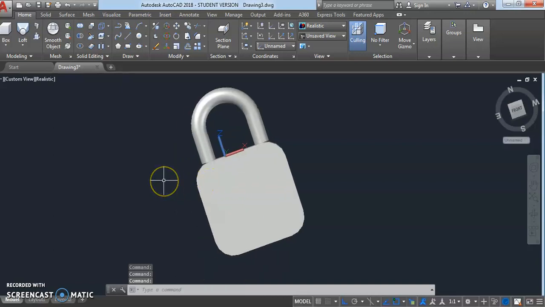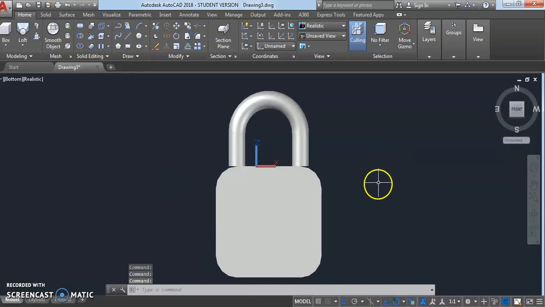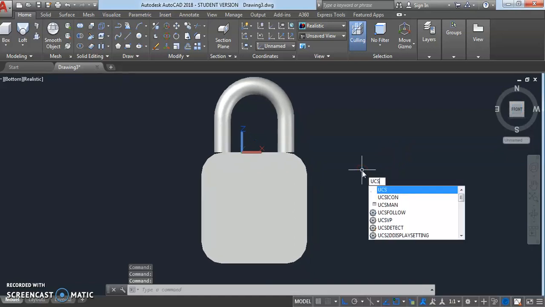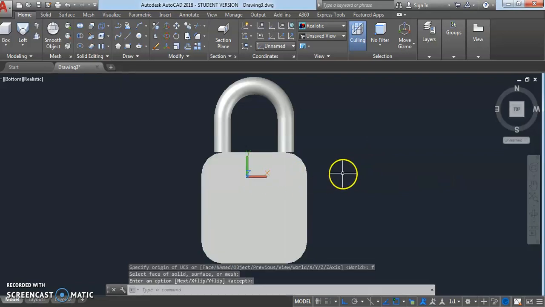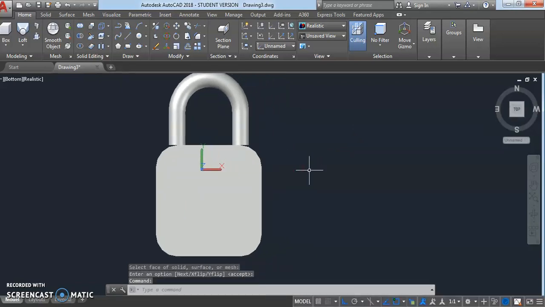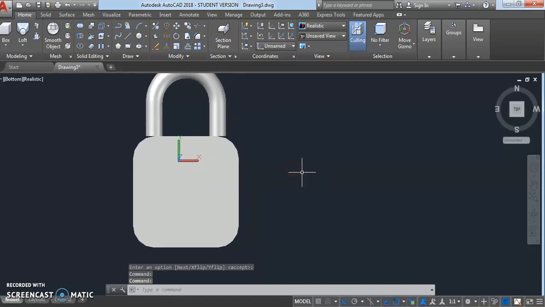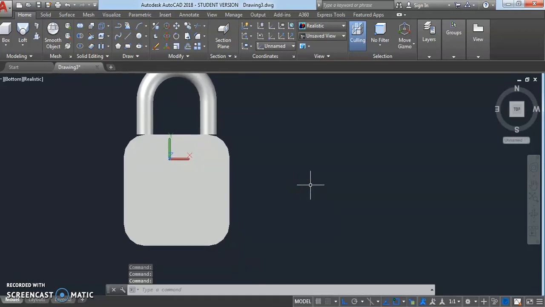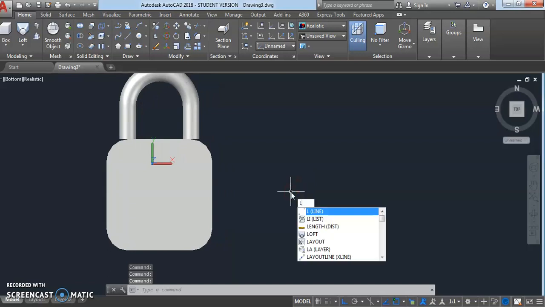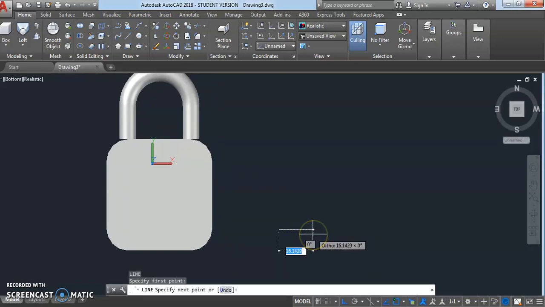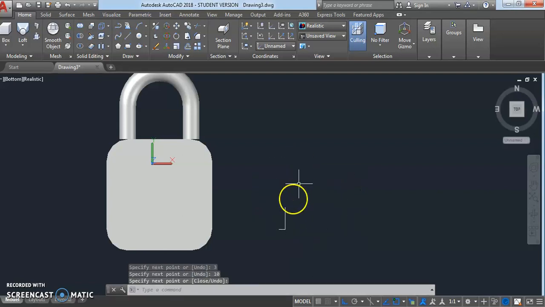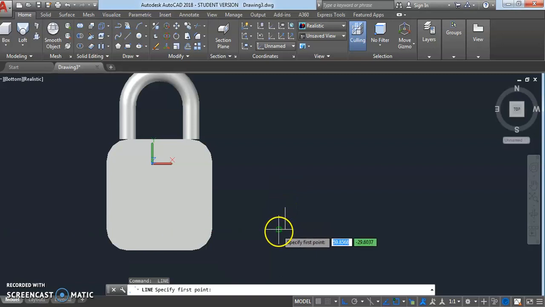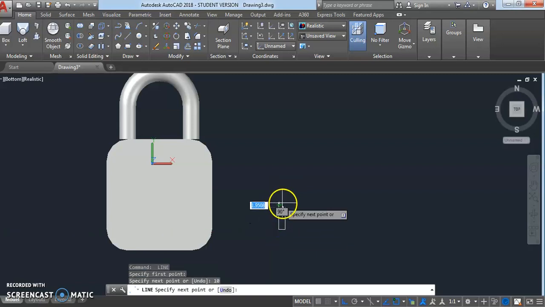Now we'll change the UCS. Type UCS, enter, F, enter, select this step. Now let's use the line command, enter, 3 mm, enter, here 10 mm, enter, and click this 20.